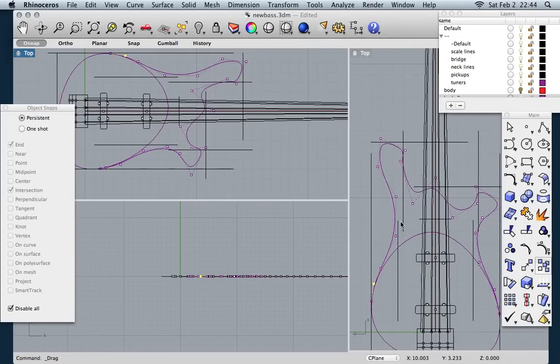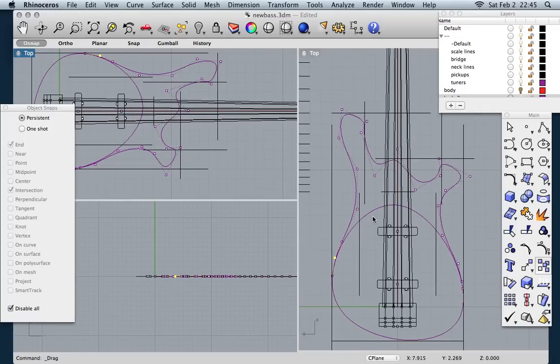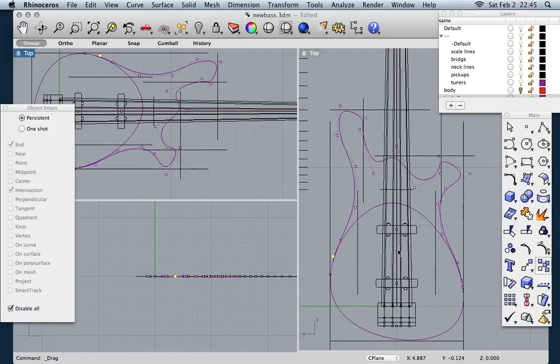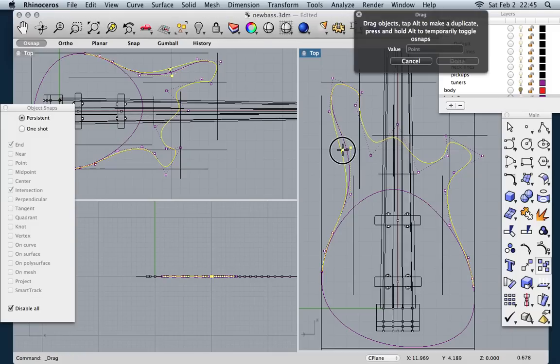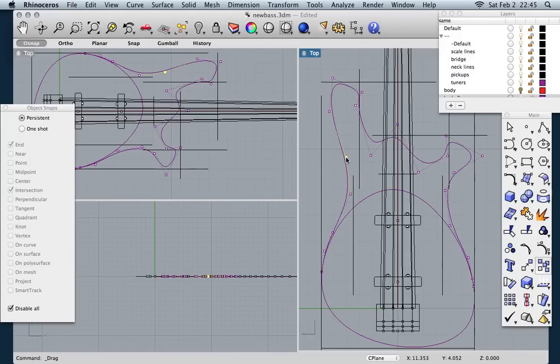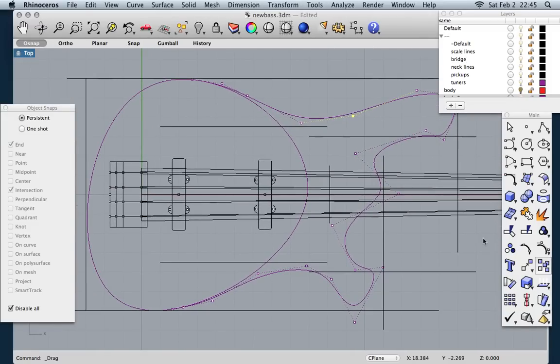And so I'll switch views once in a while and get in there and play on both. You know, that actually went pretty quick. This is starting to look like something that I can work with. So what we're gonna do now is make it into one thing. So let's open this up again, turn off the control points,